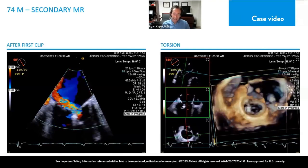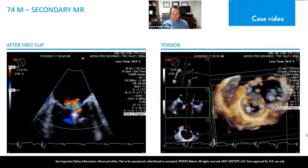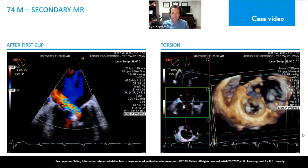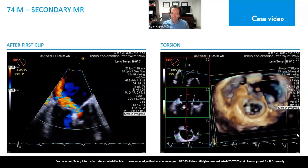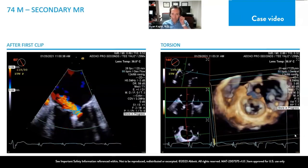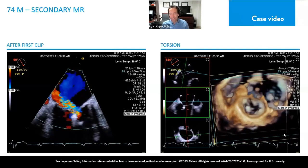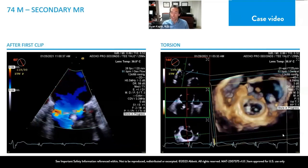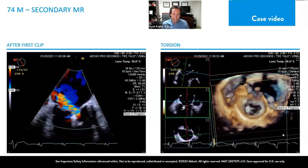I think this is a challenging case. There's 2 jets, a lot of tethering, accessory leaflets, not central. And I think this was one that I potentially made more challenging than it needed to be. I think Nadira's point is so well taken. When you can,